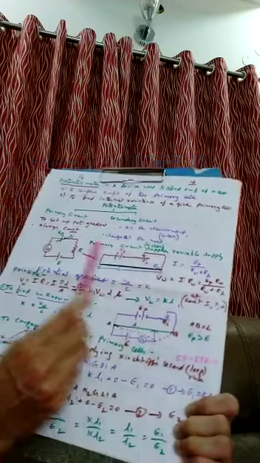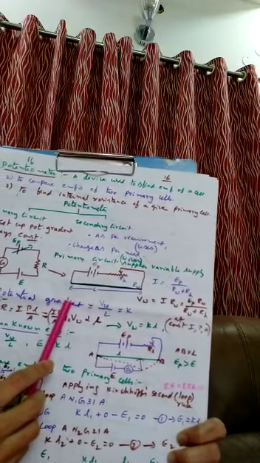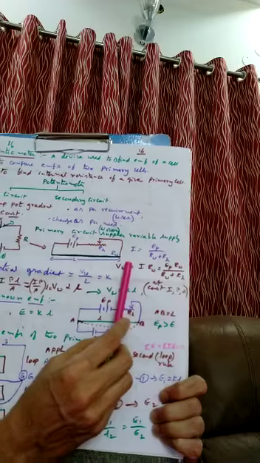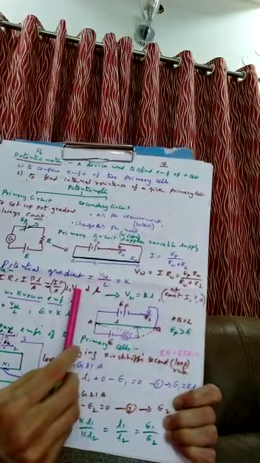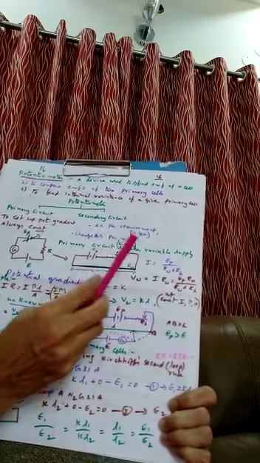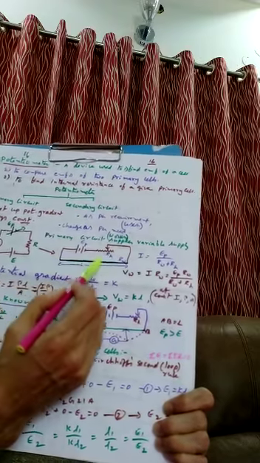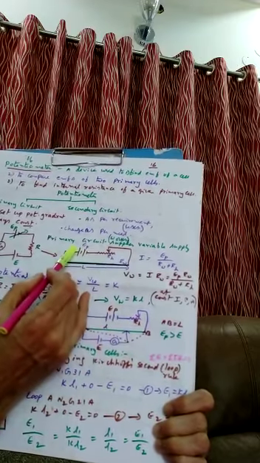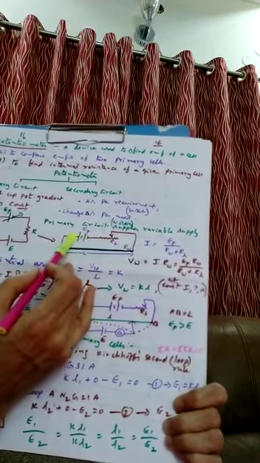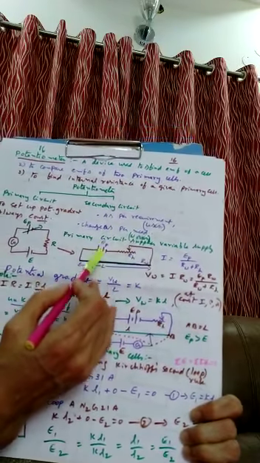Okay? Now, what is potential gradient? Just now I said it is the fall of potential, drop of potential per unit length of this potentiometer wire, called potential gradient, denoted by the letter K. So the potential between any two points of the wire is equal to the potential difference between the two electrodes of the cell or battery here, because they are connected in parallel.